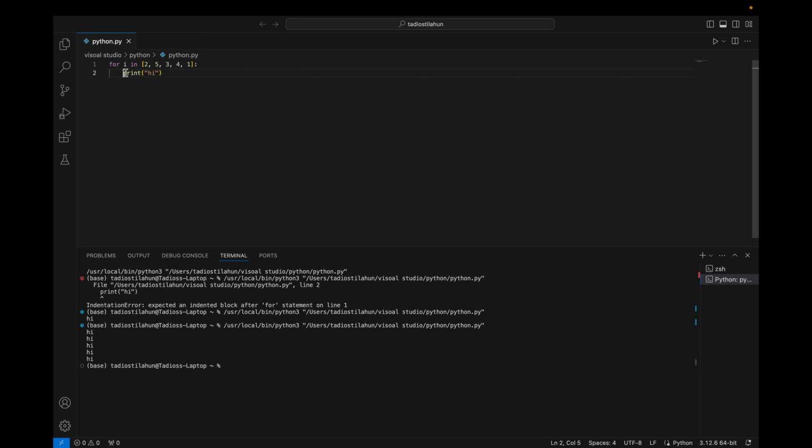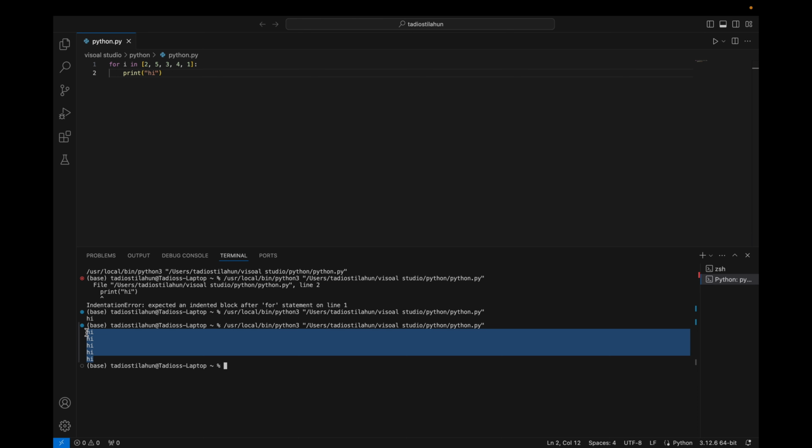So for that reason we have to make a tab space. That's how the loop works; we need to do that in order for the code to know what we want to loop through. Maybe you're asking me how it knows to print 5 times, how does it know? Maybe you will say that, as you can see in the list, we have 5 items